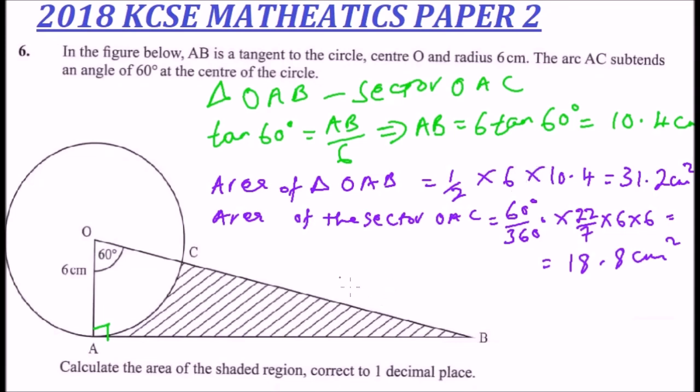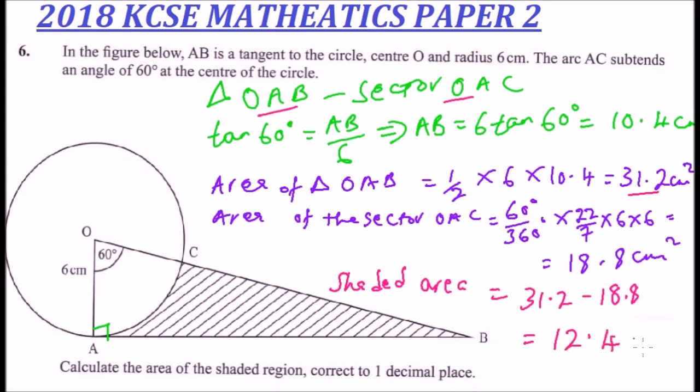region, which we said is equal to the area of triangle OAB, minus the area of sector OAC. So this means the shaded area is equal to the area of the triangle, which is 31.2, minus the area of the sector, which is 18.8, and when you subtract that, you should get